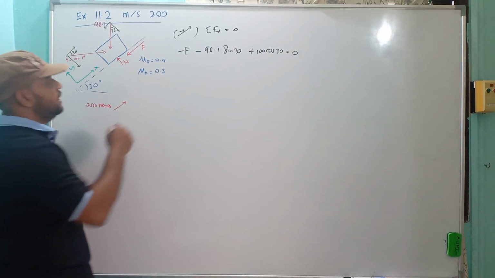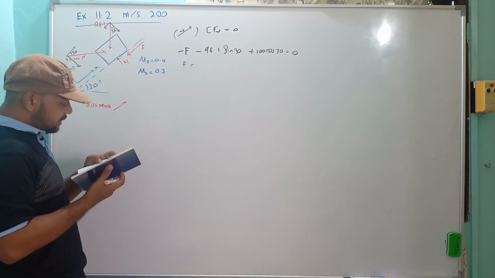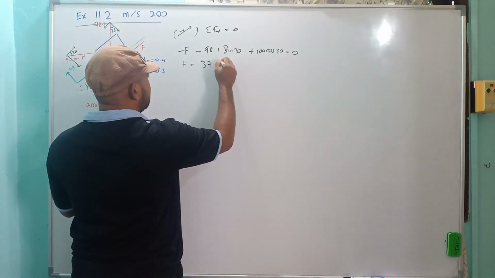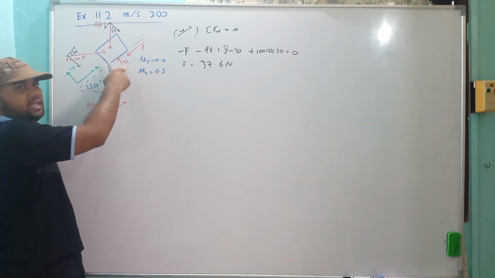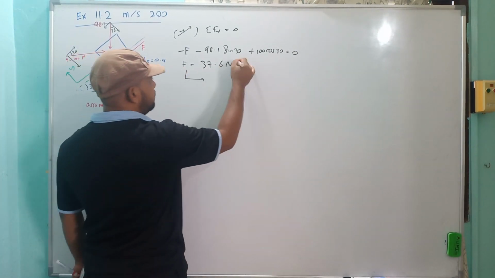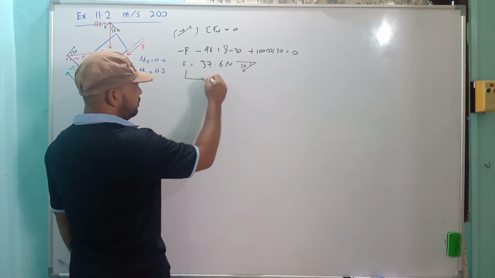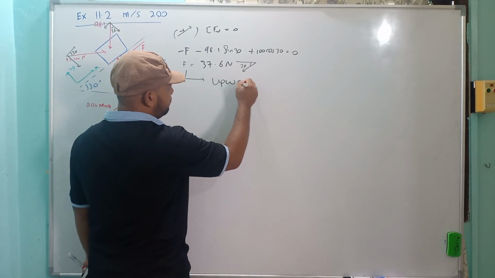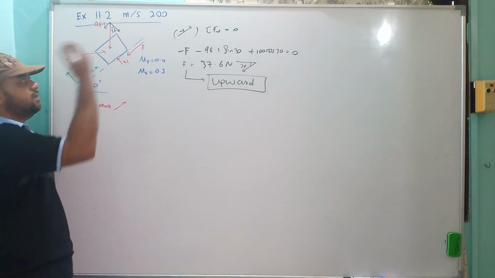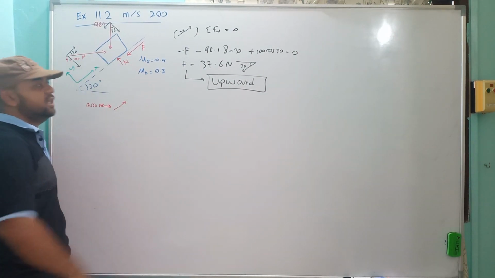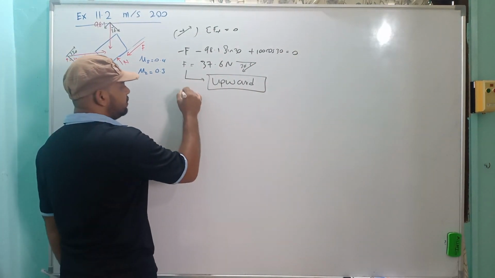Okay, putting the F in the other direction, I have calculated that you have F equal to 37.6 Newton, which is positive, meaning that our assumption is correct. So here, this is the direction of F, 30 degrees, so up. We assume going upward, F in the opposite direction, we got the positive value for F, so for sure it is moving upward.